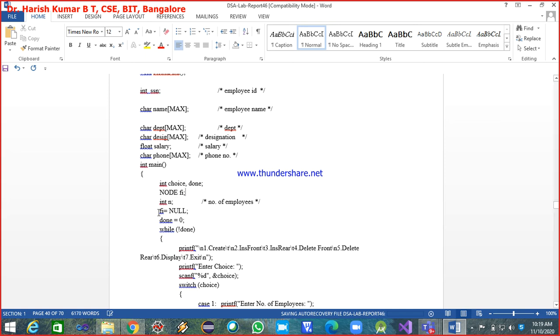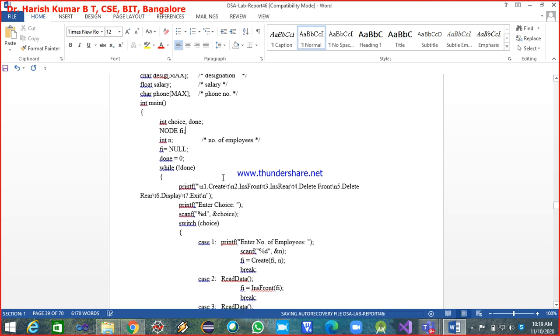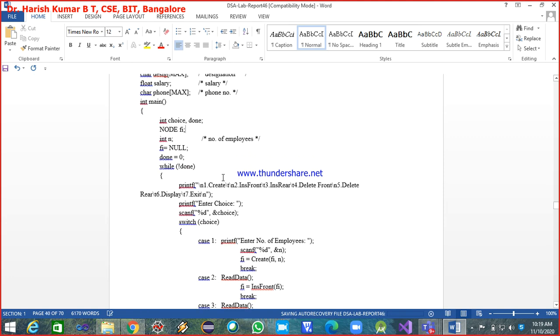Now the number of employees, I'm storing it into n. In create, we were passing an integer argument, no? So node we were passing, and then int we were passing. What is this int? It is the number of employees, the number of employees to be created. So that is n,